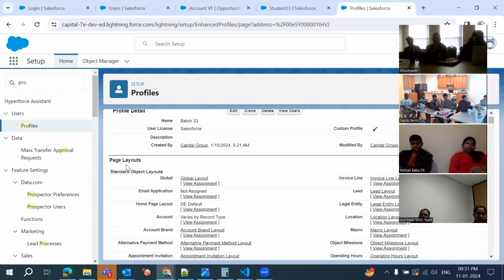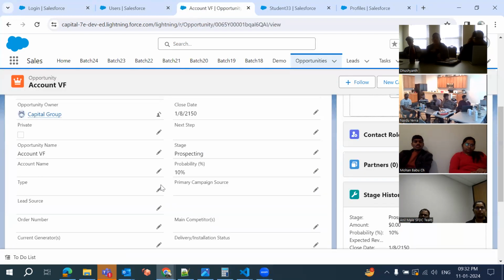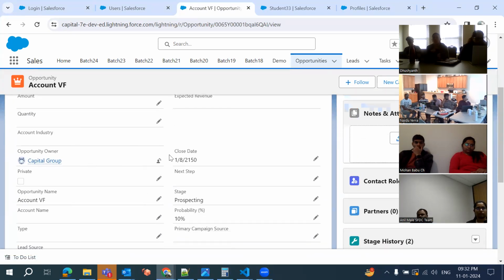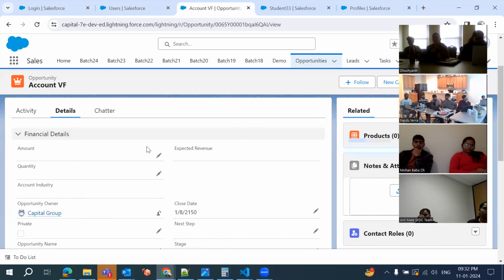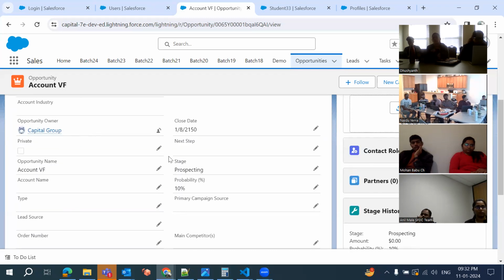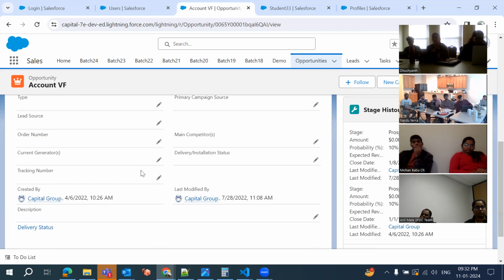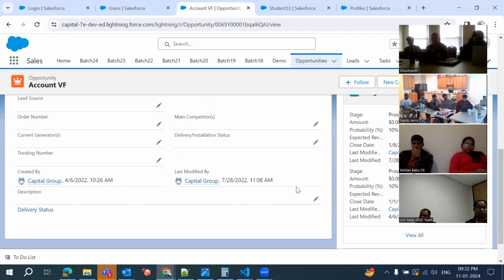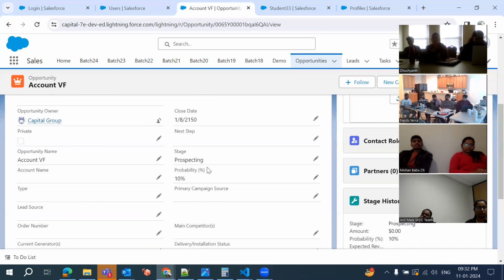Now coming to the concept called page layout. What is page layout? If I'm creating or viewing any record, by default these fields get aligned. Amount is left side aligned, expected revenue right side, then quantity, account industry. Here one field is missing, and here also one field is missing. Here description occupies the entire screen. If you would like to align like this,